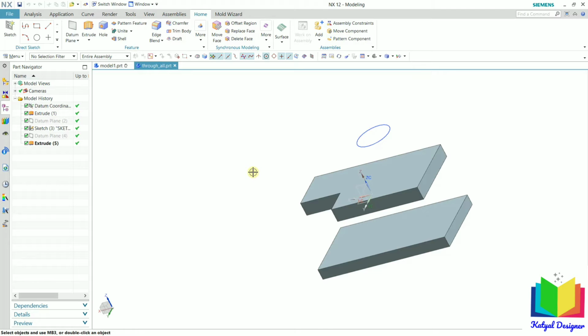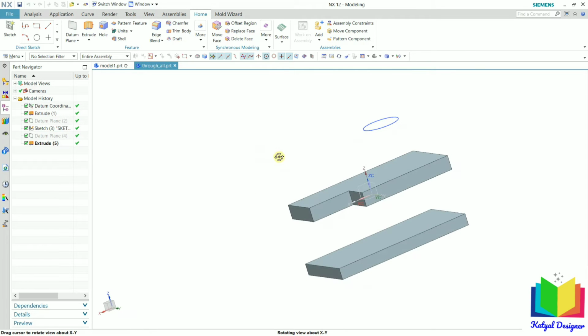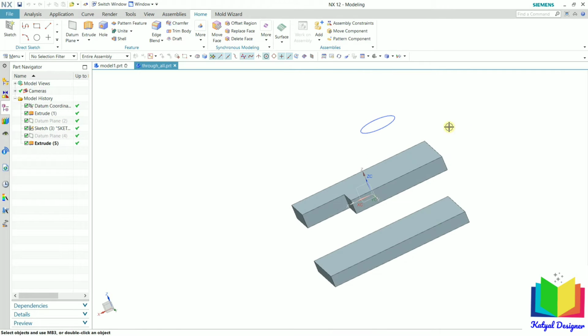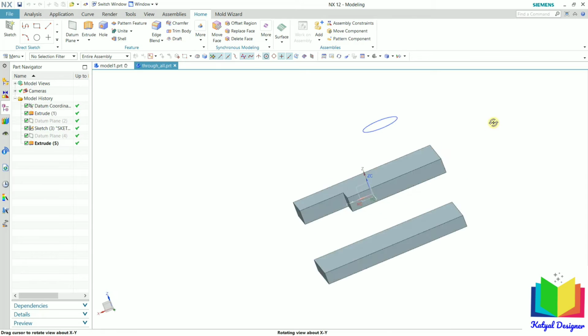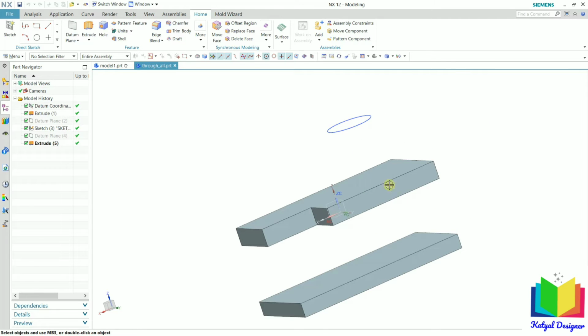Now inside this file, I have created two geometries. We have extrude 1 and extrude 2, and we have one more sketch that is of a circle. First of all, you might be thinking how this sketch has been created at an offset value. You can see there is a gap between these two extrudes. This type of extrude is created with the help of datum planes. Later in the course, we will learn how to create datum planes and how to create this type of 3D geometries. Okay, so for now, we will learn about only extrude.